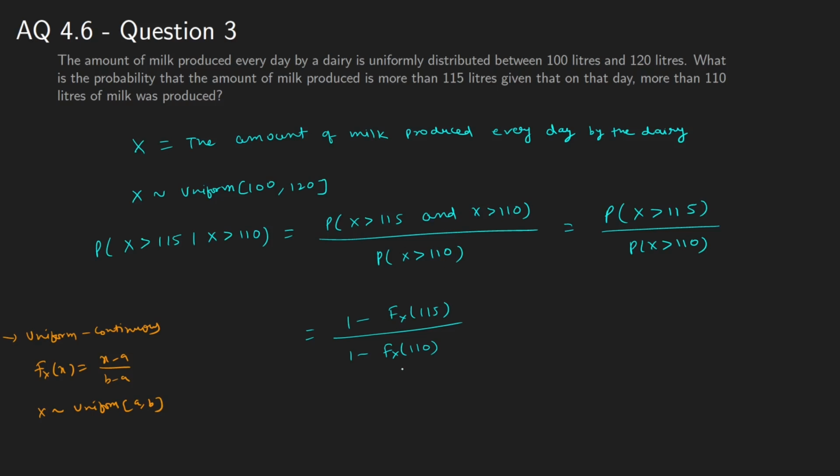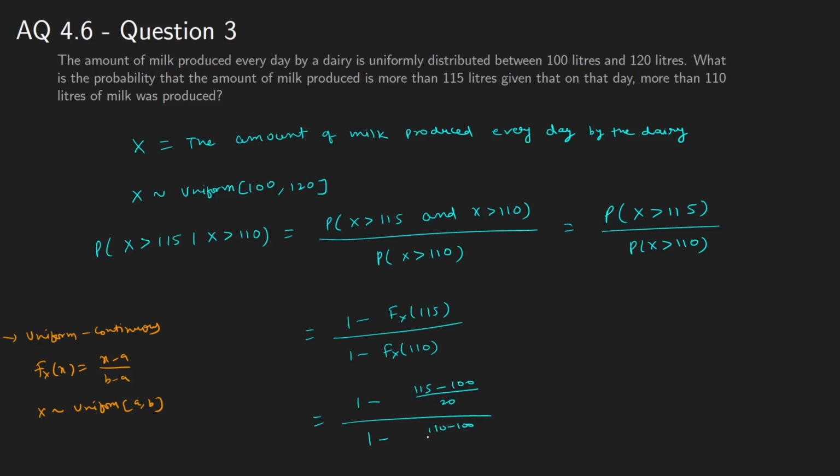So here we can use 1 minus, what will be the CDF at 115? It will be x minus a. x is 115 here minus 100, the lower limit, divided by b minus a, that is 20, and here 110 minus